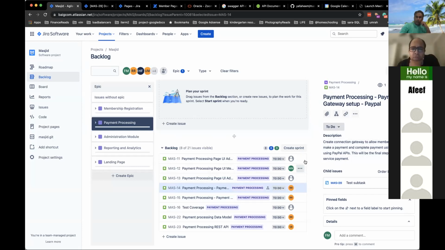Okay. The part about pre-populating the form, let's keep that as a very low priority. I'll add that as a separate item here, and we can get around to that once we complete the high priority items. Okay, all right, I'll make a note on that. Do we have anybody else? Any updates on the REST API or anything else?